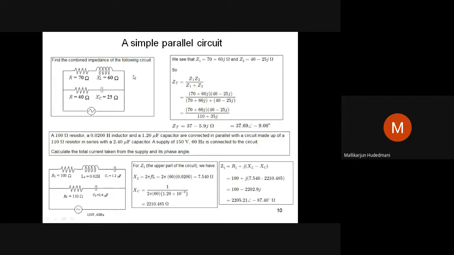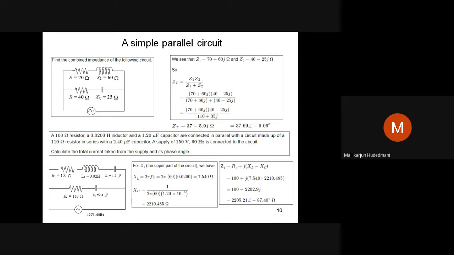So you remember from now onwards, whenever you have an inductive branch, impedance of that branch is written as plus JXL association. And whenever you have a capacitive branch, it is whatever the resistance minus JXC association. So that will be a representation of impedance in rectangular format. So Z1, Z2. What is asked of me? Obtain the equivalent impedance of this. Like two resistors in parallel, how do I do it? R1 into R2 divided by R1 plus R2. That is the logic we have done.